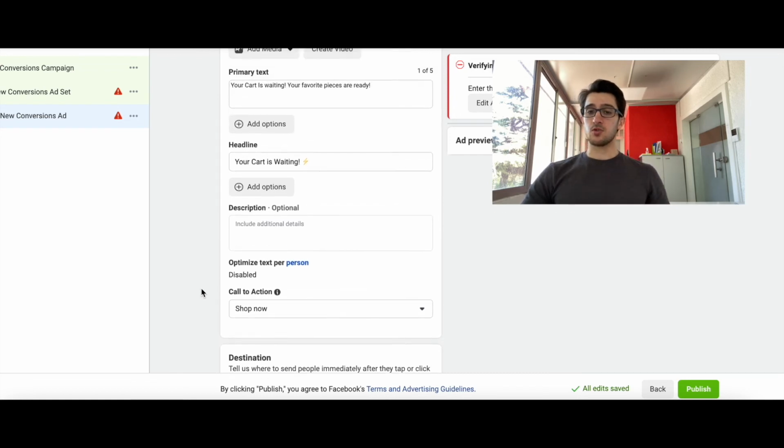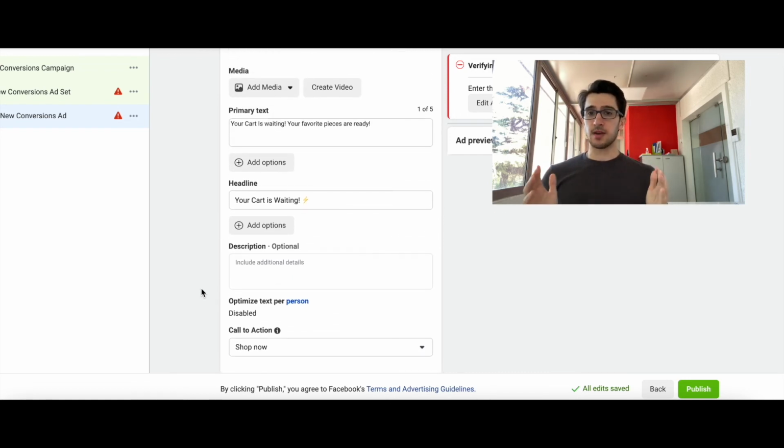The other thing you can do, and this is entirely dependent on what you choose to do as a business, if you want to incentivize them even further, you can offer them some sort of discount, whether that be 5, 10, 15%, solely for the purpose of getting them a little extra shove, a little extra push